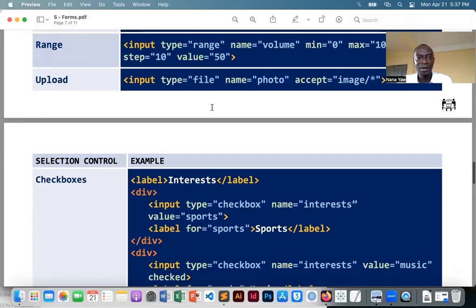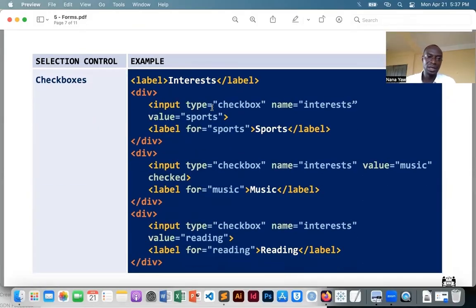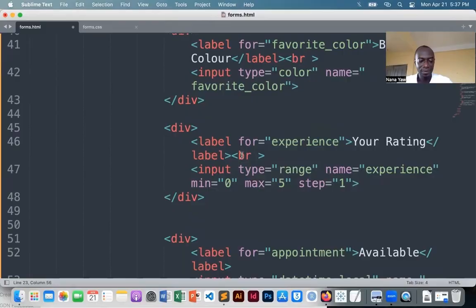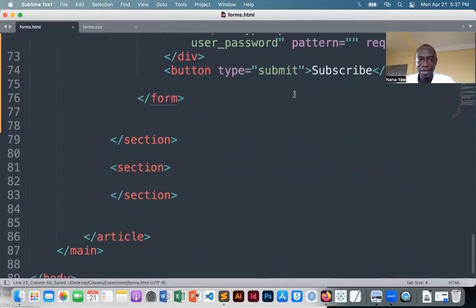Now let's look at very often things we'll see. Checkboxes. Let's look at what checkboxes are. Sometimes you want to provide a list that allows the user to select multiple items. So we go down here and then say,